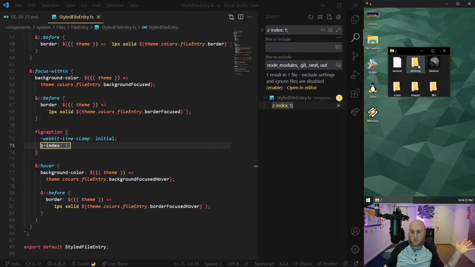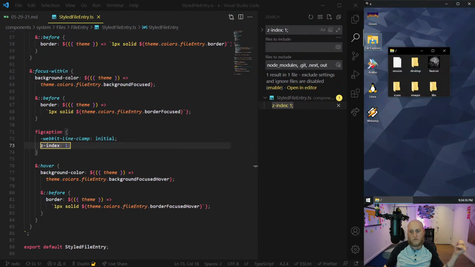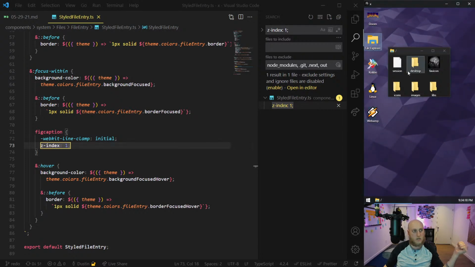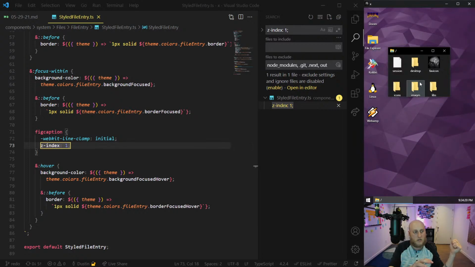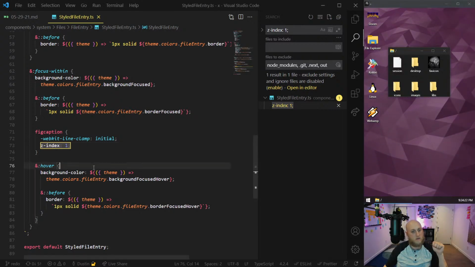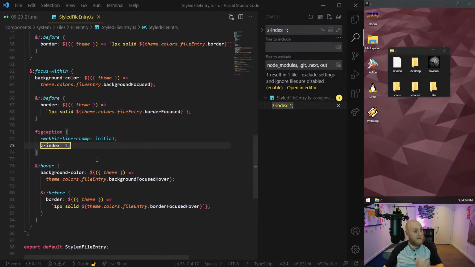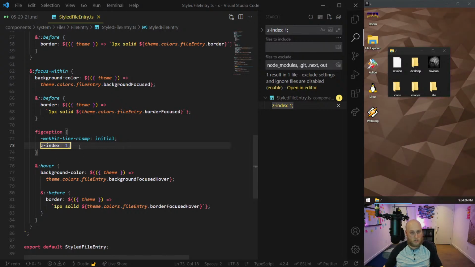So if I click out and I click desktop, it did focus the window, but it doesn't focus the icons in the same way that like if I click this one, you see now it's highlighted. These ones aren't highlighting because I'm clicking it and then it steals the focus right away. Now why I think moving z-index helped, I'm not 100% sure. But let's try. So let's move it.